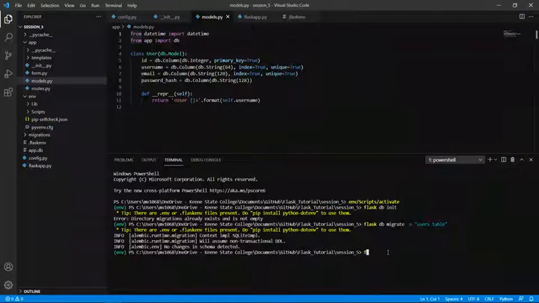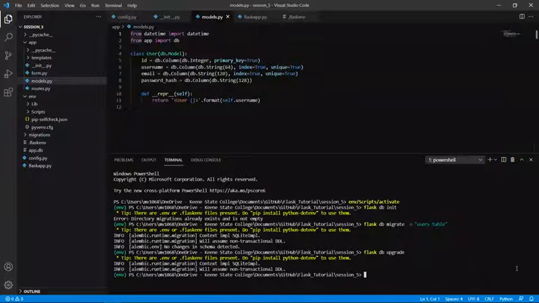Now we have to type upgrade. The upgrade command in SQLite will detect whether the database exists. If there is no such database, then it will create the database. It seems for me it already exists, so it just says the database is ready.